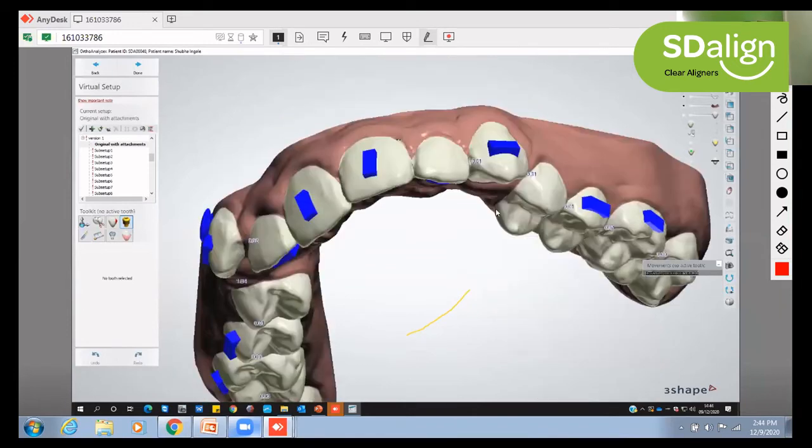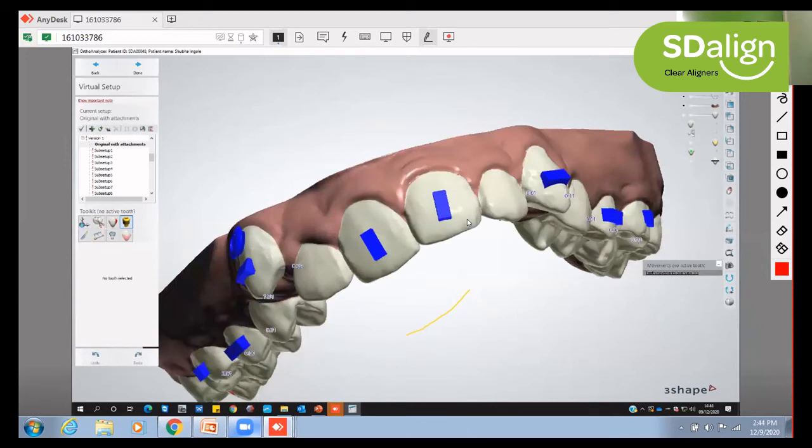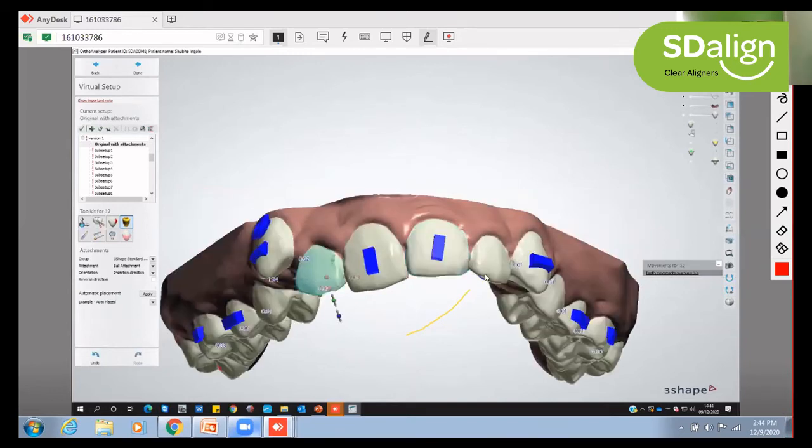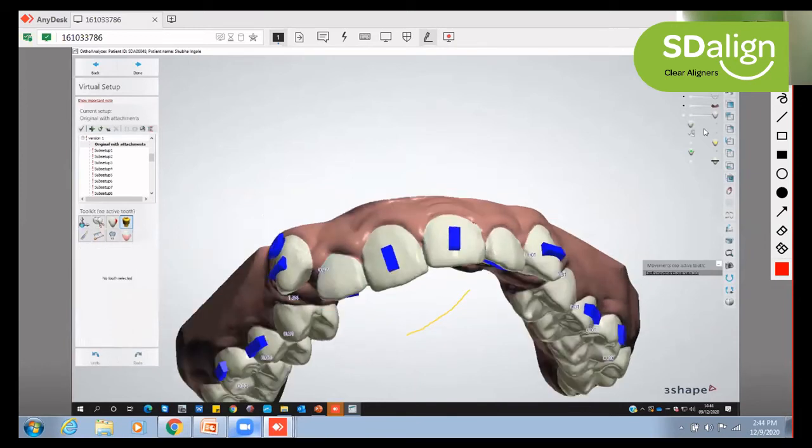Similarly, on the buccal aspect, we have given vertical bevels. These vertical bar attachments we all know are important for bodily control, so that when we are adding mesial or distal tip to the incisors, we don't lose vertical control. We all know how lateral incisors are notorious for aligner control, so we have also given a vertical bar on the lingual aspect. Along with that, we have given a gingivally beveled attachment on the canine, so that your control for the canine when you are establishing arch form is maintained.